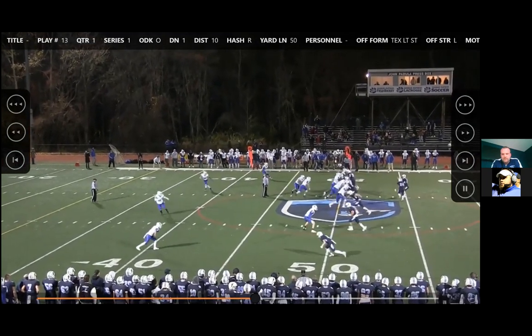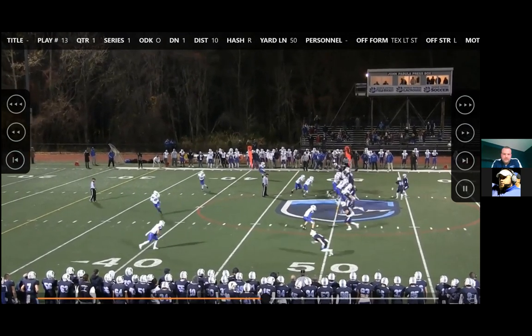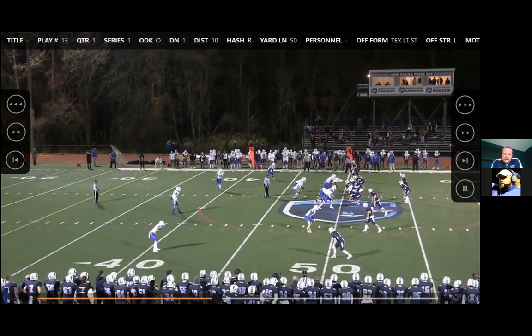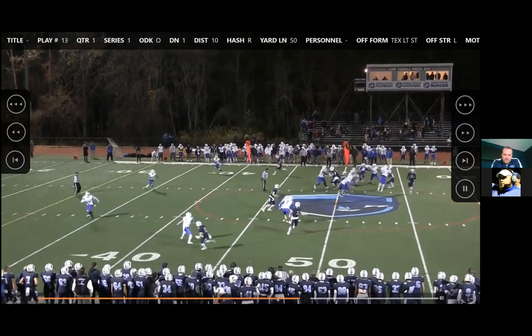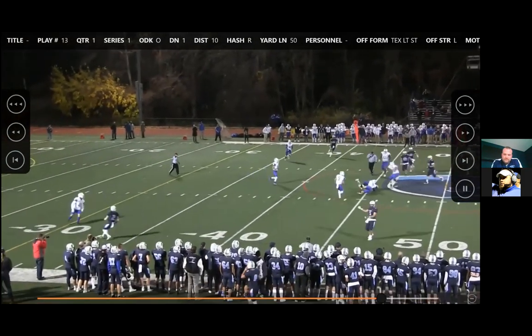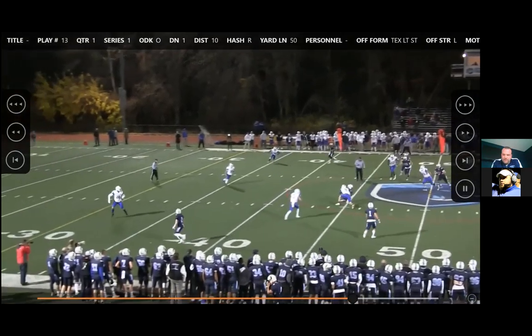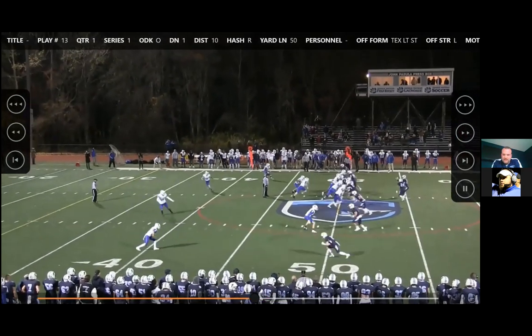So here we go. Same play, stick. That's our read right there. Now they're running a cross blitz. Not worried about that. And if you look at the running back, it's subtle, but he pulls up. He's looking for a backer. So we should be fine. Even if we pull this, we shouldn't have our quarterback getting lit up.